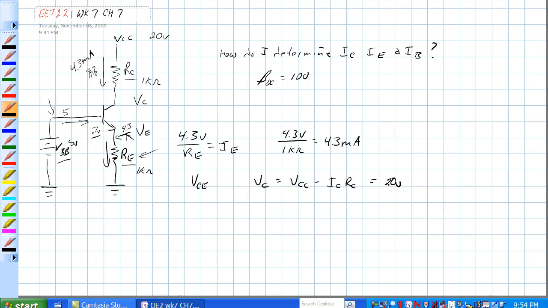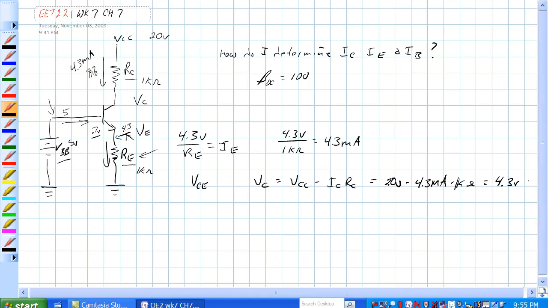Equals 20 volts minus 4.3 milliamps times 1k ohm, which happens to be 4.3 volts also. So actually this ends up as 4.3 volts. So 20 volts minus 4.3 volts is equal to